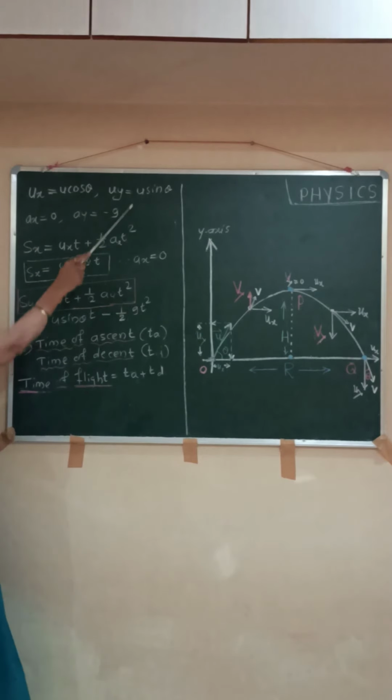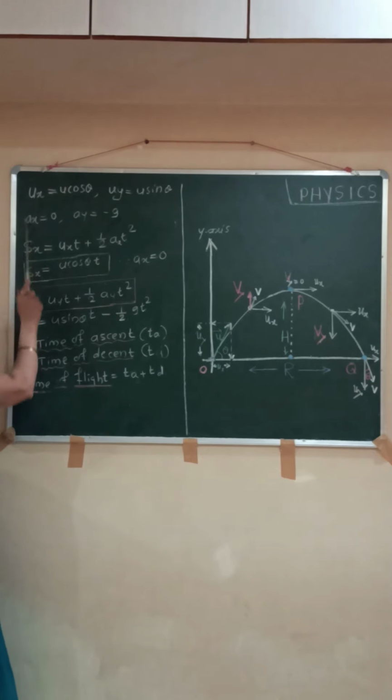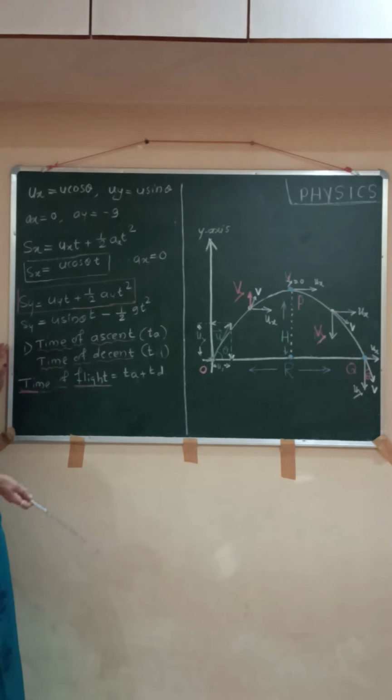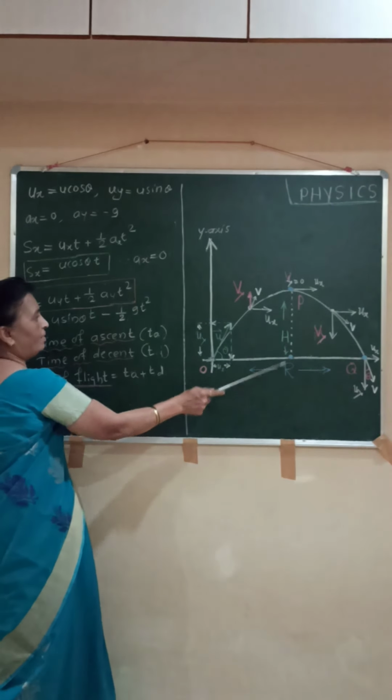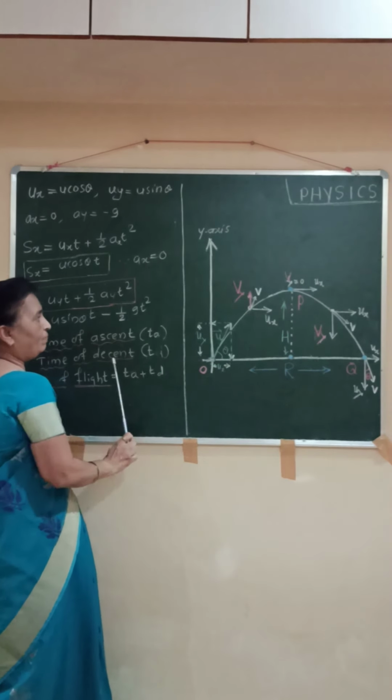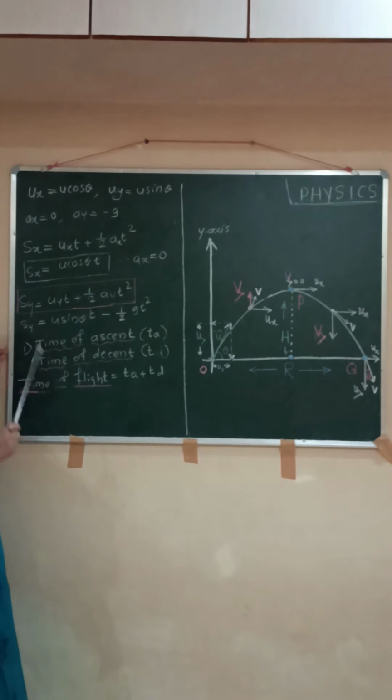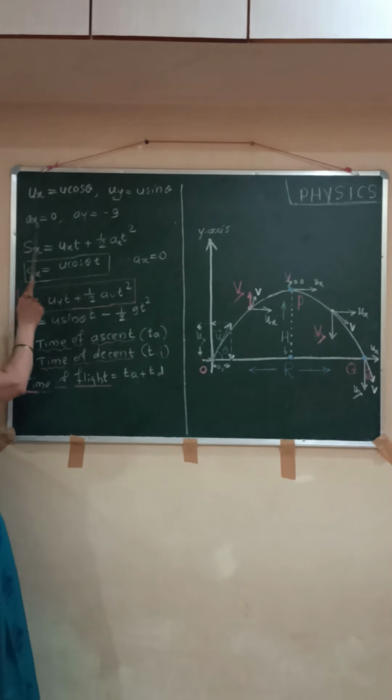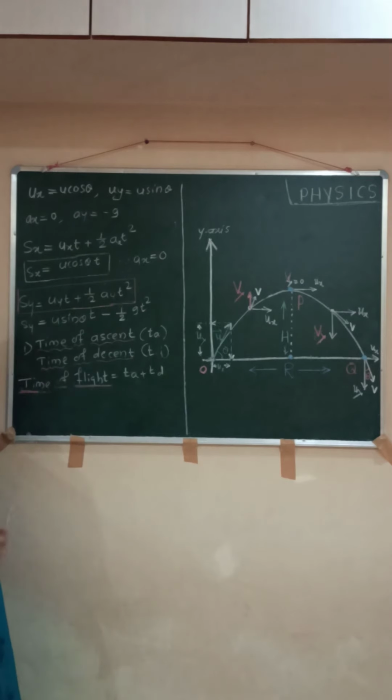You have to remember these equations properly while studying projectile motion and while deriving the formulas for range, maximum height, time of ascent, time of descent, time of flight, and so on. For that you remember all these terms carefully. So first of all, the horizontal distance travelled by the projectile along the horizontal direction, that we denote by Sx. S we take for distance or displacement. Since it is along the horizontal direction, we consider it Sx, which is equal to what?